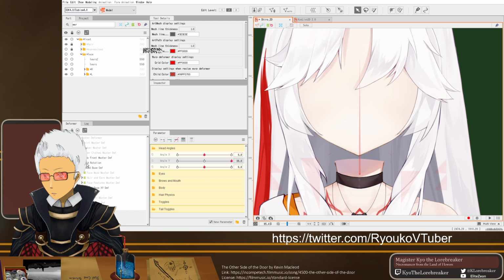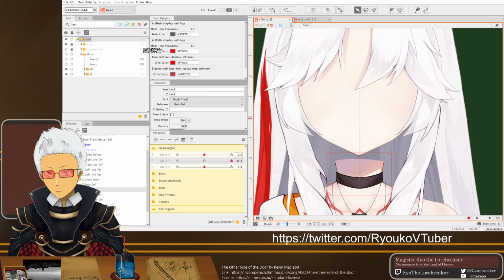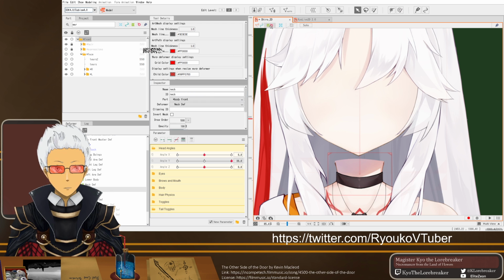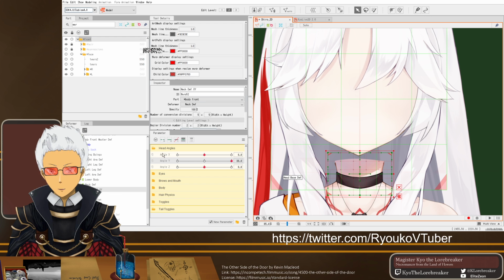It should be somewhere on her body. That's her neck. There it goes. I'm just gonna make a new deformer. I'm going to call this neck deformer, helping the deformers on the angle X and Y portions. So let's go ahead and put that.